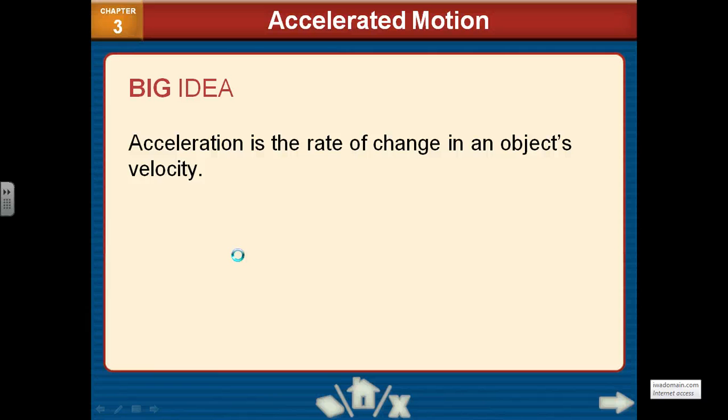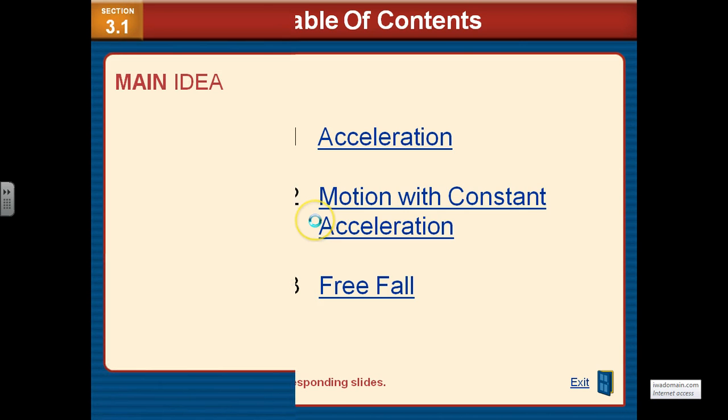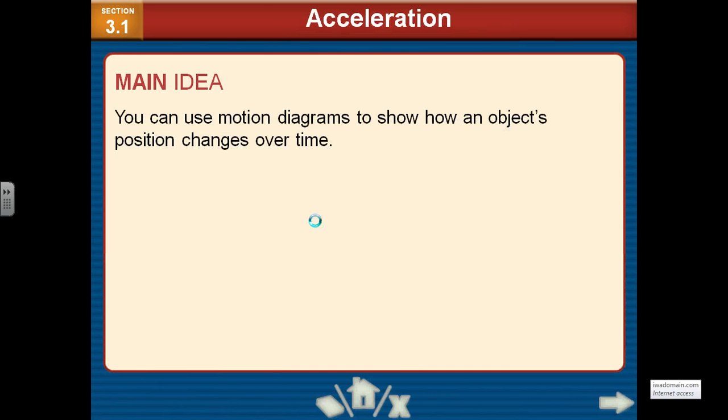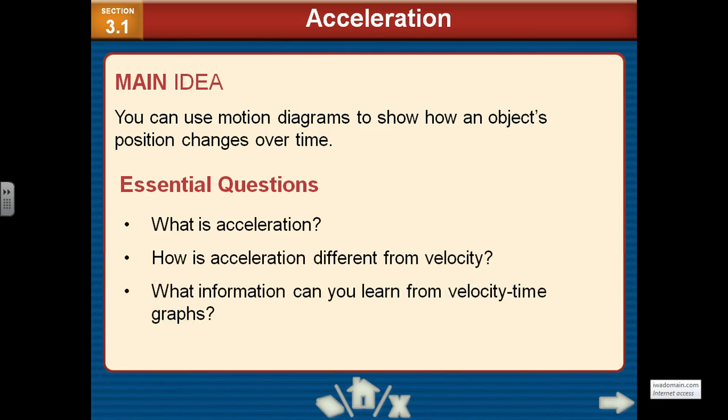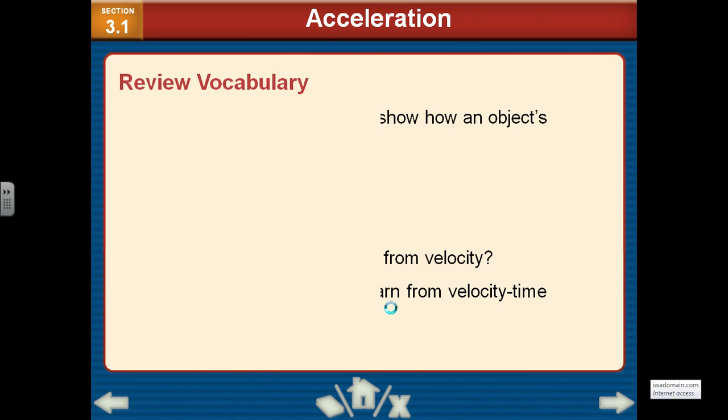In this chapter, we're going to be looking at the idea of acceleration, and acceleration is essentially the change of an object's velocity. So we want to use, once again, motion diagrams to be able to show objects change over time, and we want to look at the idea of acceleration. How is it different from velocity? And this time, in particular, we're going to start looking at velocity time graphs, which are going to be very